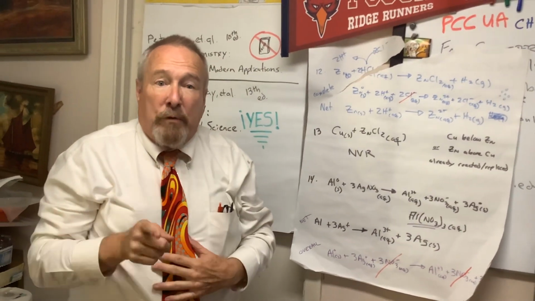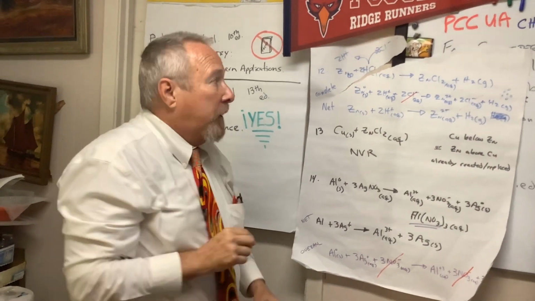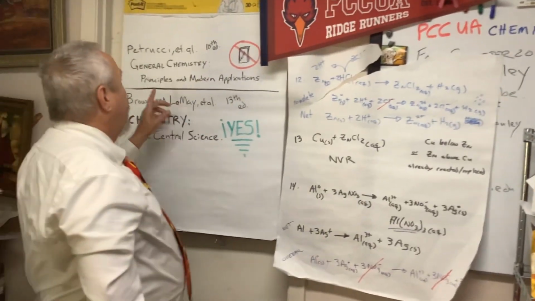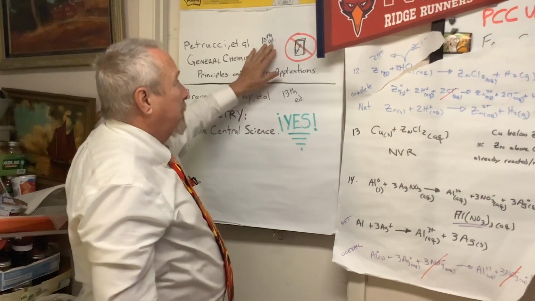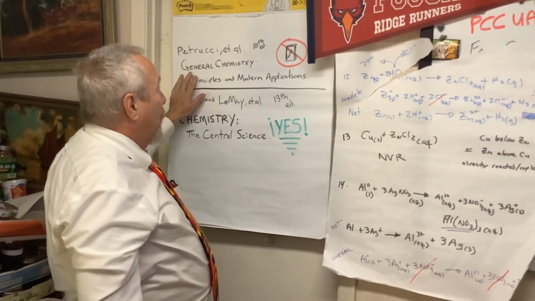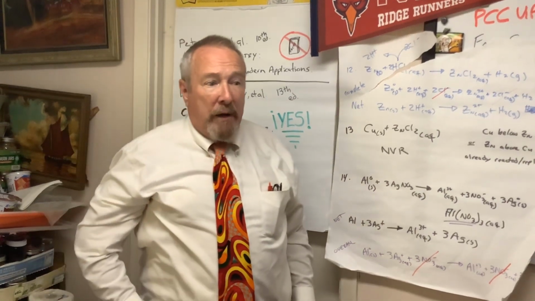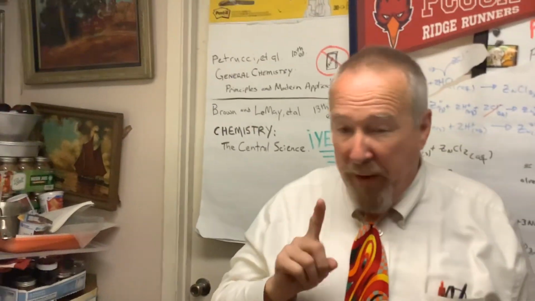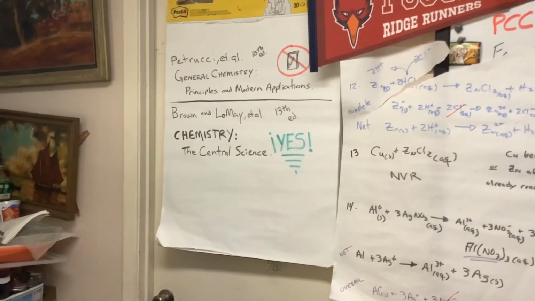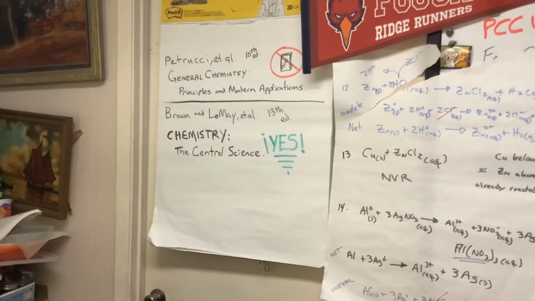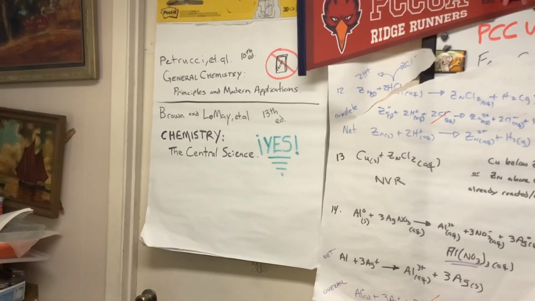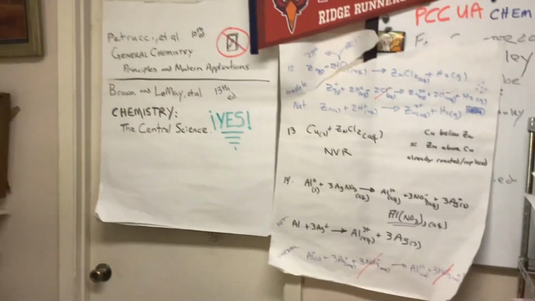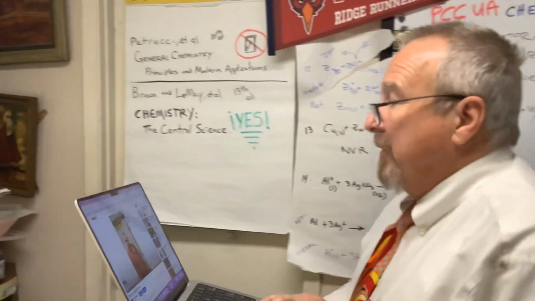if you checked the bookstore and you looked under Chemistry 114 for your textbook, I hope they didn't give you Petrucci et al. 10th edition of a book called General Chemistry, Principles and Modern Applications. Just stay zoomed in on the board and I will be right back. I forgot my aid here. That book has a white cover